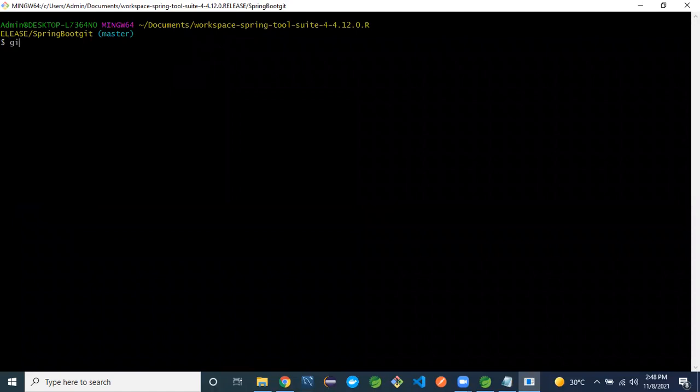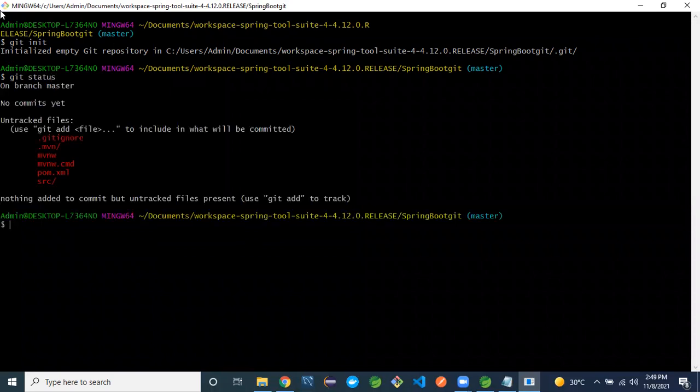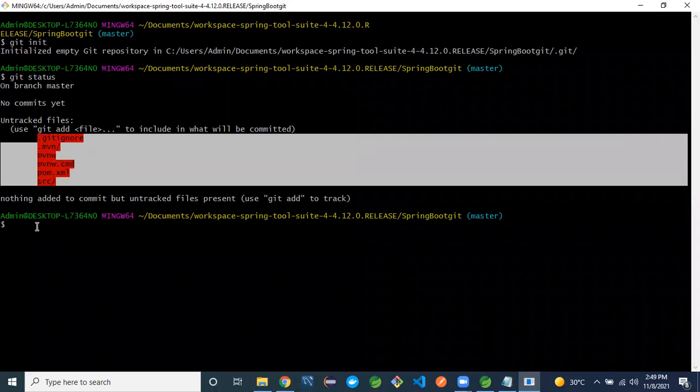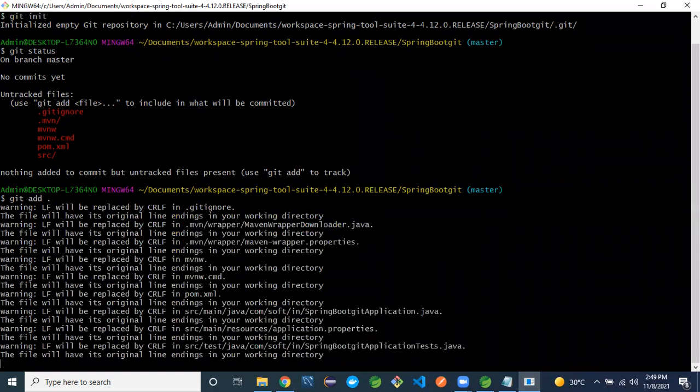First of all, Git installation. You can check the status to see which files we are committing to GitHub. Git status. See, these files we are pushing to GitHub. How to add all these files at a time? git add space dot. Enter.